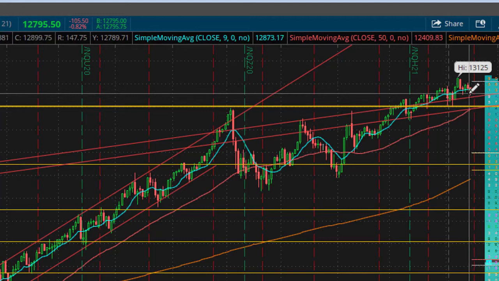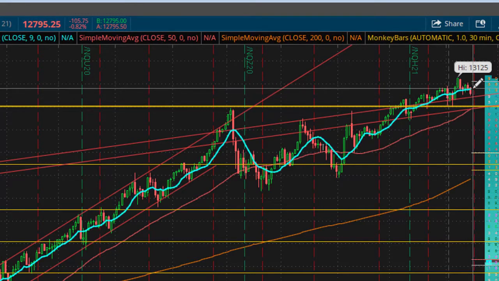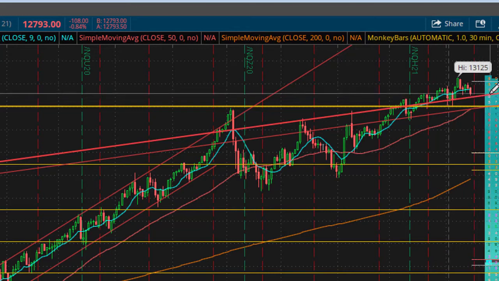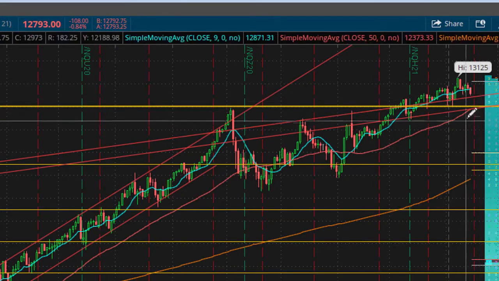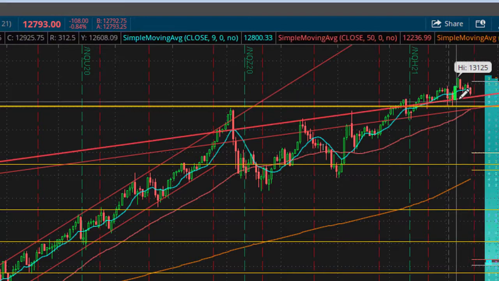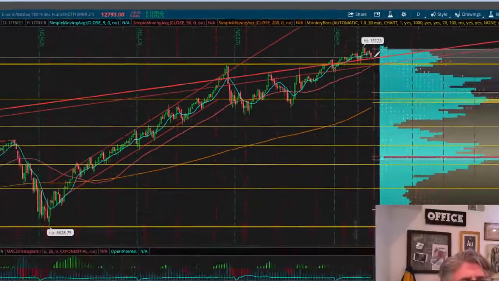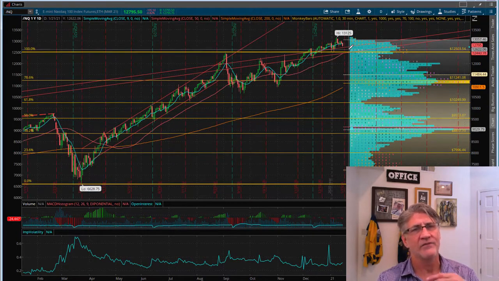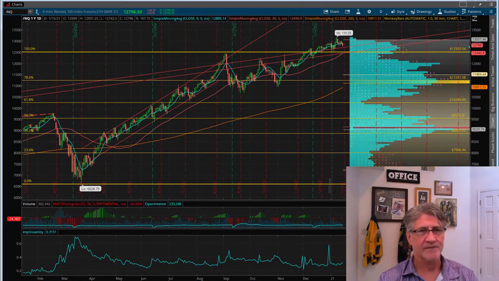But the fact of the matter is it has gone below that. That's going to signal short-term weakness. Now, there is something to keep in mind: we do have this trend channel. That's an old trend channel from 2017, but it's still showing some support and resistance along this trend. I'm kind of expecting if we settle below that 9-day simple moving average, we'll at least come down and test the 12,500 area in the NASDAQ.